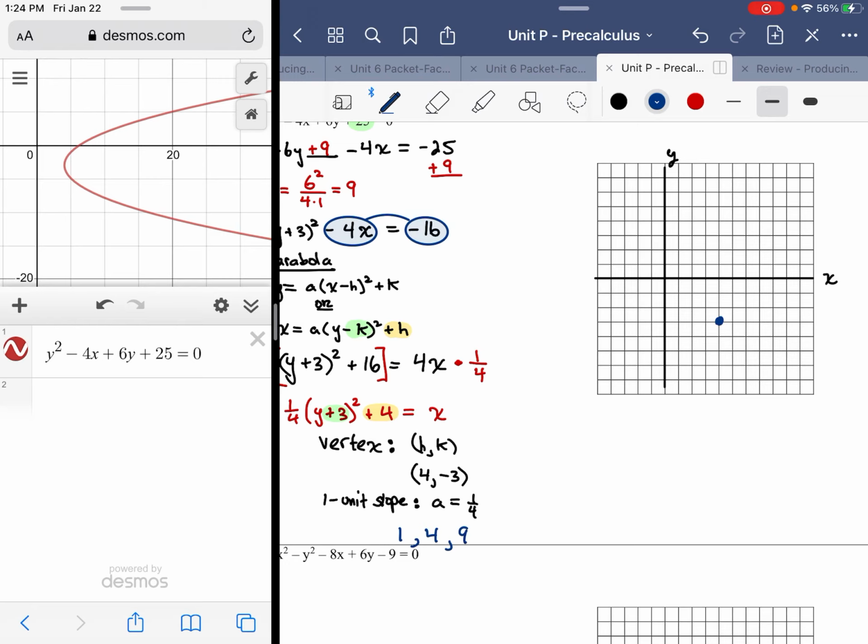4, 9. But what the a value does, that 1 unit slope, is it acts as a scalar multiplier for each of these values. So instead of increasing by 1, 4, and 9, I'm going to increase by 1/4, 1, and 9/4. All right, so I'm multiplying each of these values